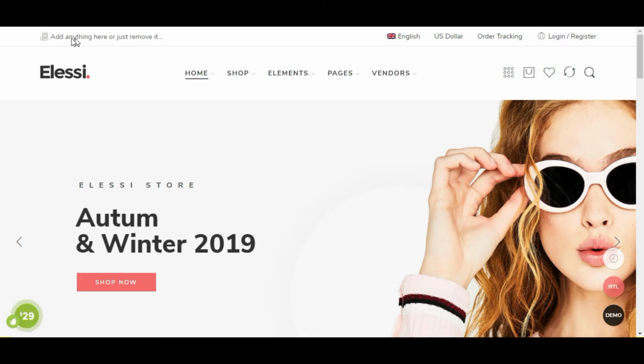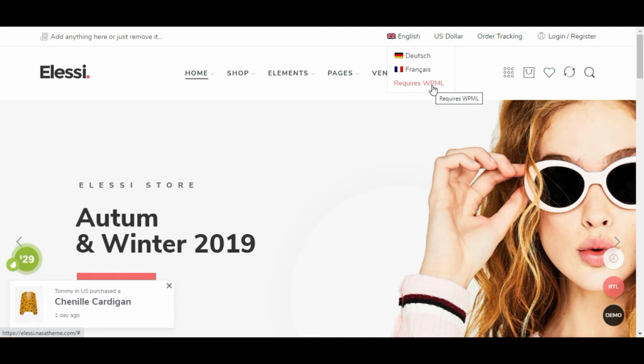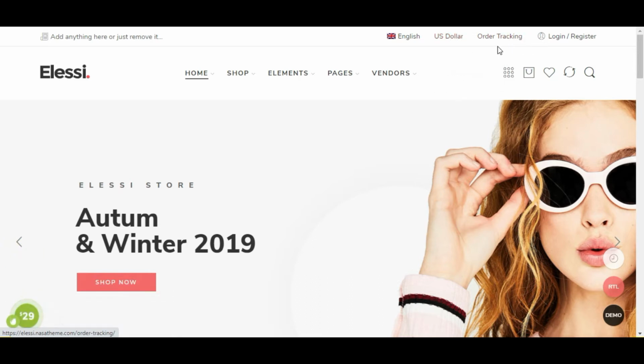You can see here, first is some tagline you can enter, or mostly people enter here about free delivery and shipping stuff. This is for multi-language support, so you can install the WPML plugin, which is for multilingual websites, and then you can use the widget here. You have the currency conversion here and the order tracking link, and the best thing is the login and registration